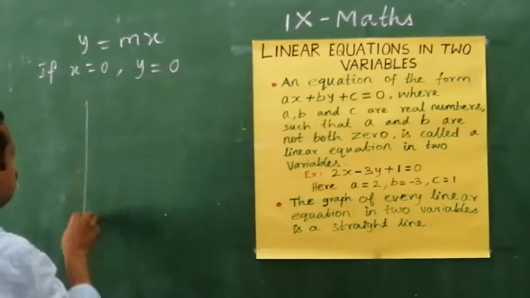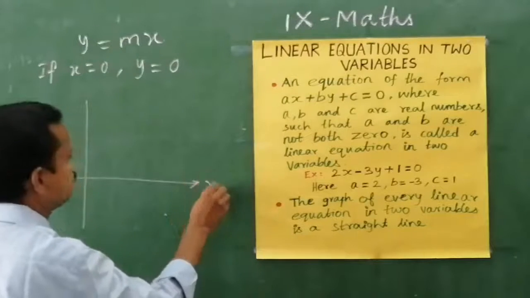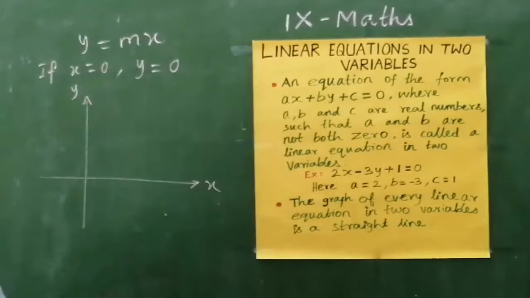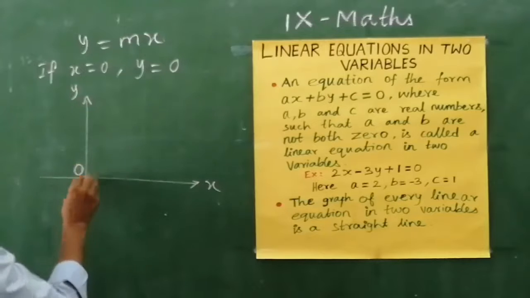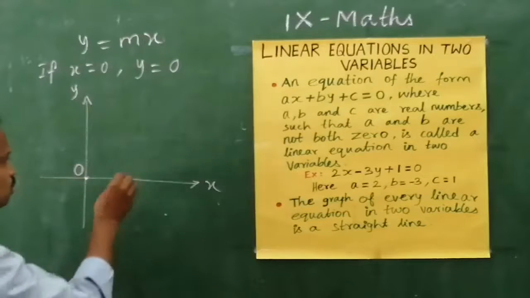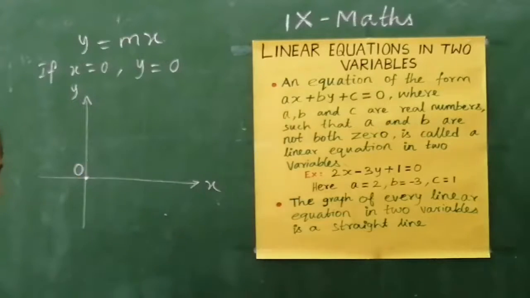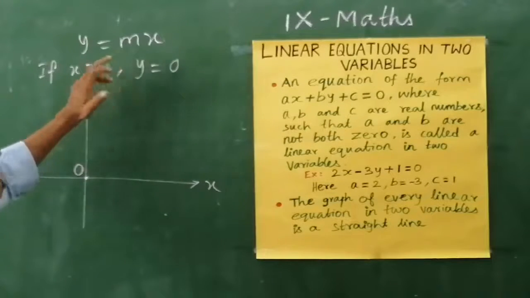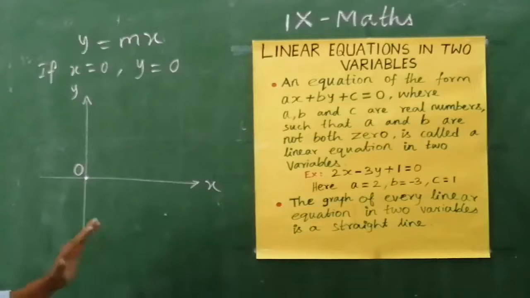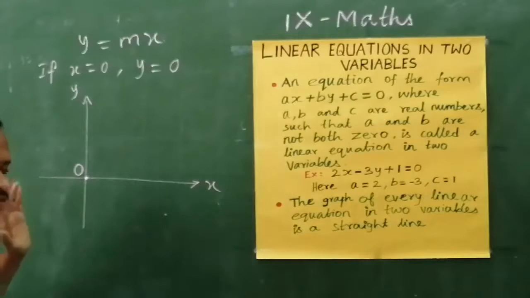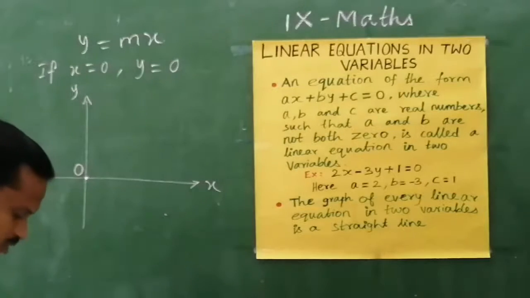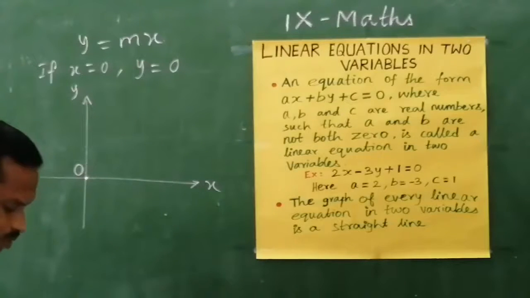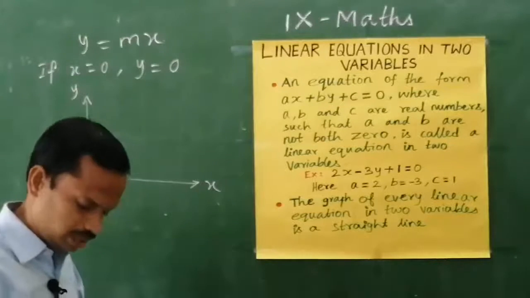In the graph, this is the x axis and this is the y axis and this is the origin, and we can write this is 0 comma 0. Definitely this line y equal to mx will pass through the origin, that surely we can tell. So, point number 7 explains that an equation of the type y equal to mx represents a line passing